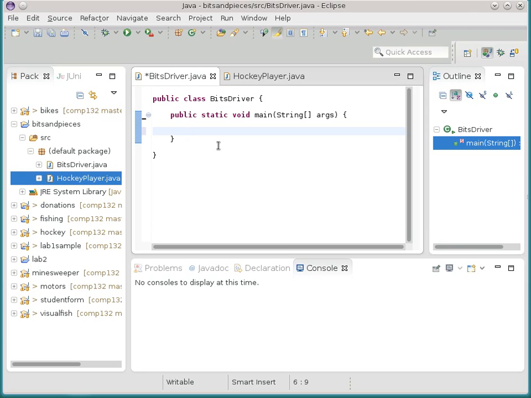And so if I do something like this, let's make a hockey player. So there's one hockey player. If I make another one,